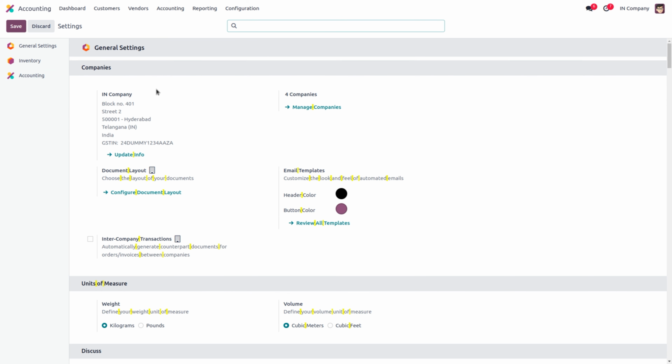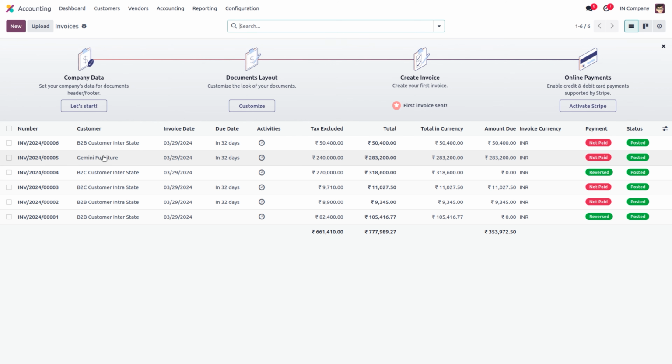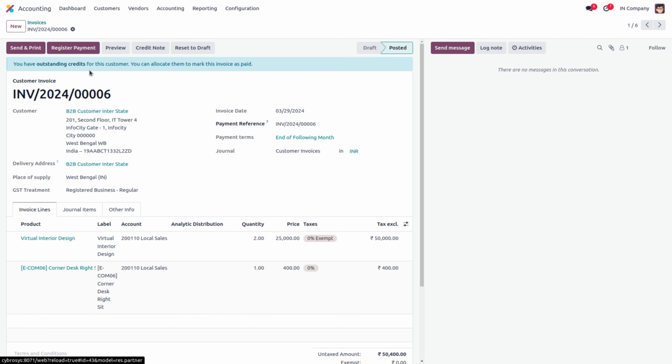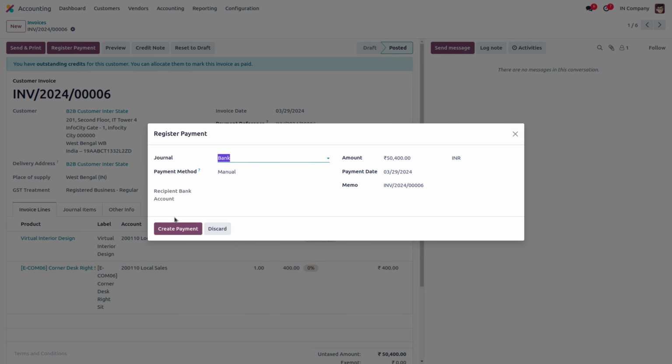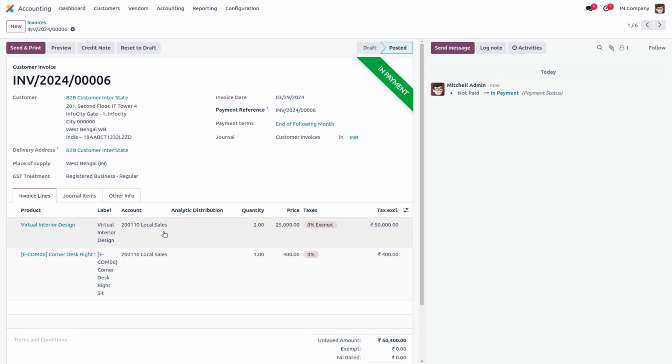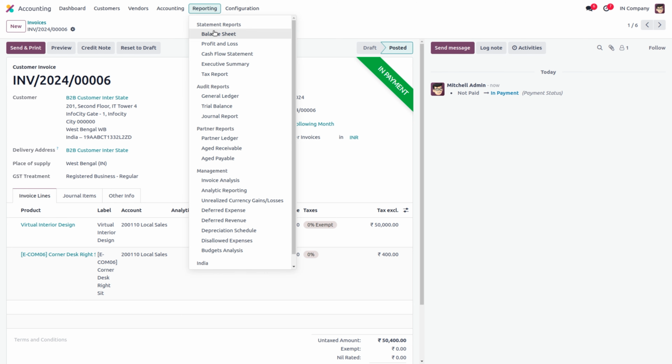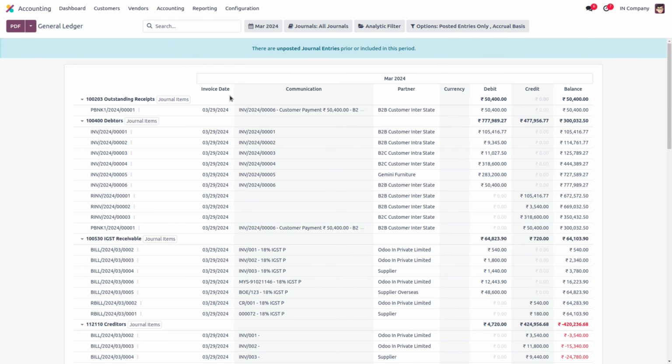Now, let's move to this Indian company, and here you can find there are certain invoices, and some of them are not paid. So I'll be taking this invoice and making the payment, registering the payment. And when you move to accounting, if I'm taking, for example, the general ledger, here when you take the journals,